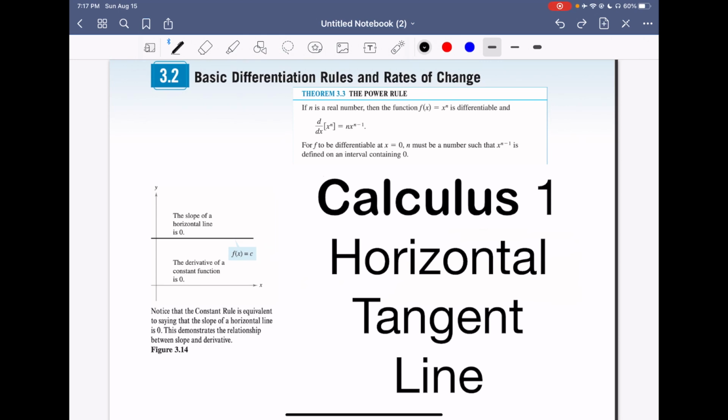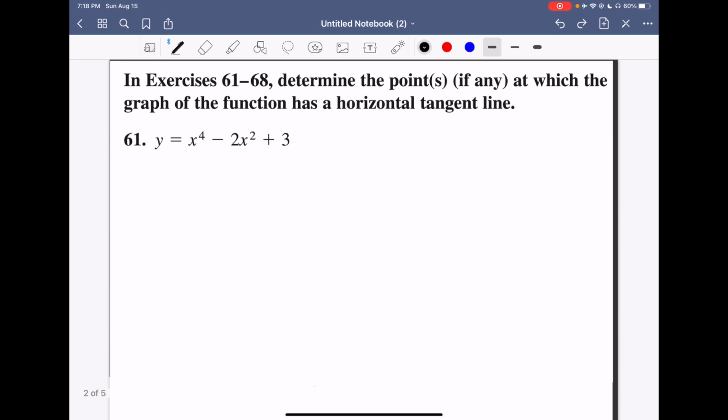Welcome back. This time we're looking at chapter 3.2, basic differential rules and rates of change. We're looking at several problems. So at this point we're looking at problem 61. This is determining the points or point, if any, at which a graph of the function has a